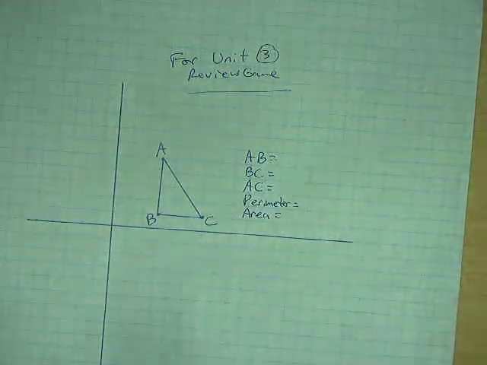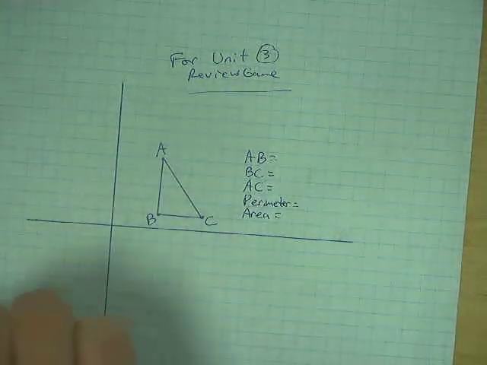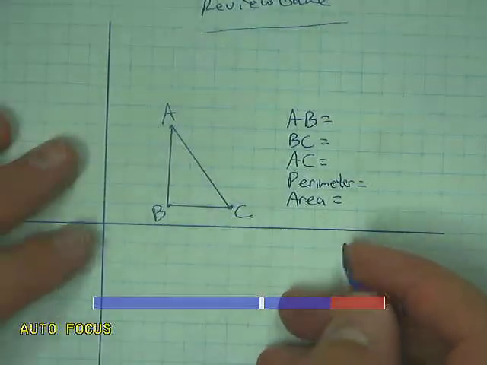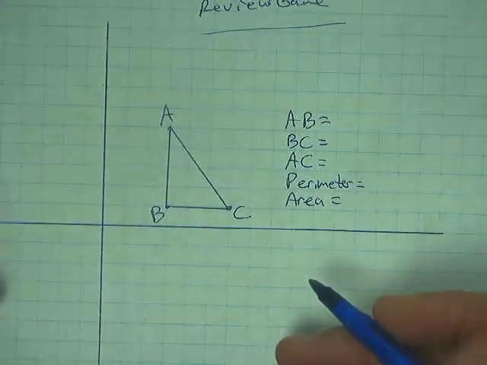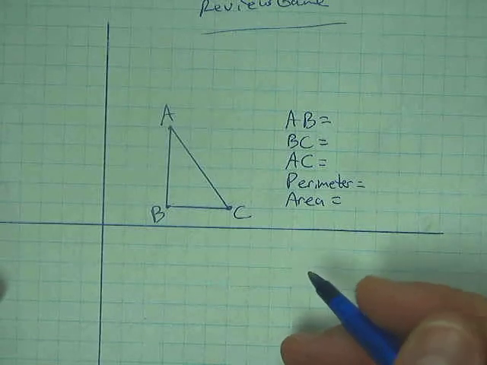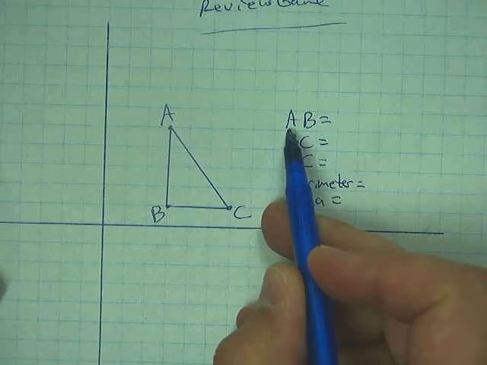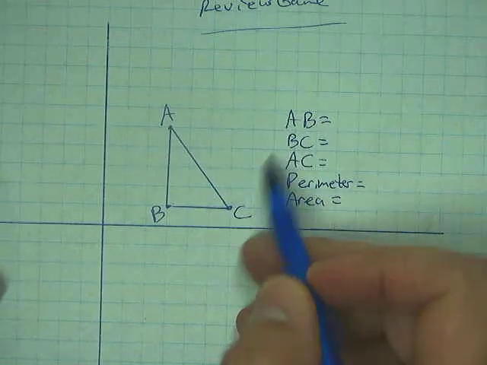This is going to be the Unit 3 review video for the Unit 3 test. So we're going to start off with this problem right here. First of all, you're going to need a sheet of graph paper and a sheet of regular line paper would be great. So some things you're going to be asked, first of all, AB, what's the length from A to B of this